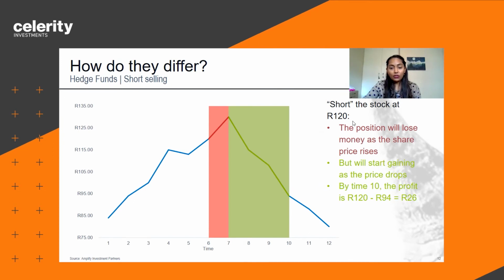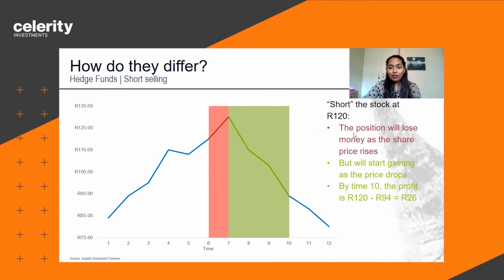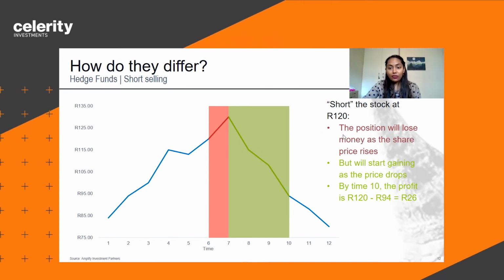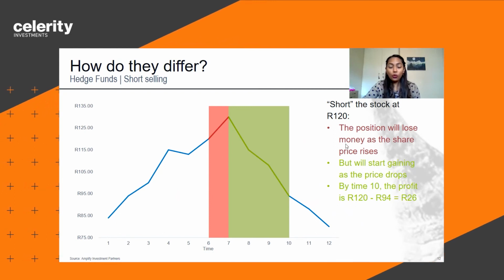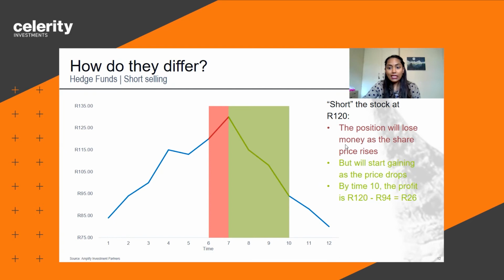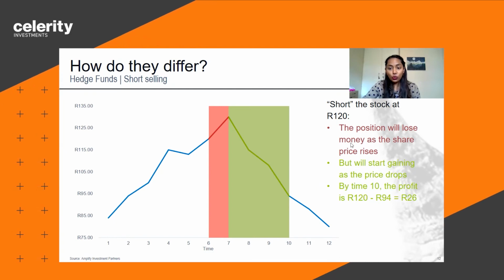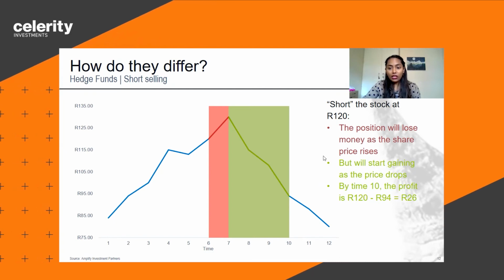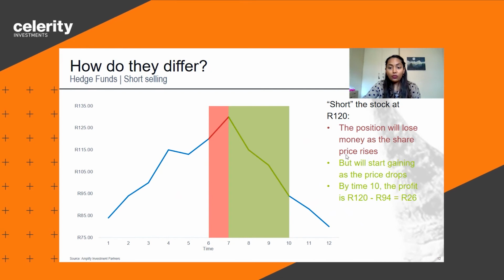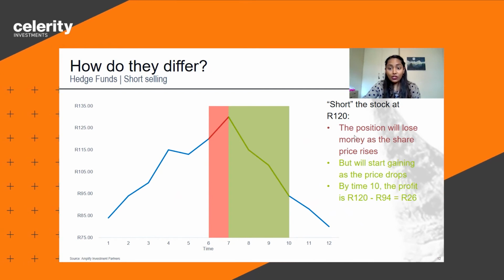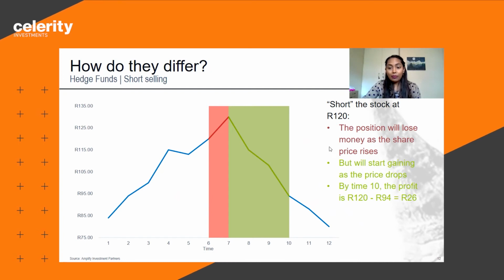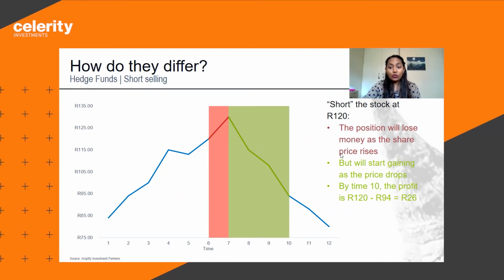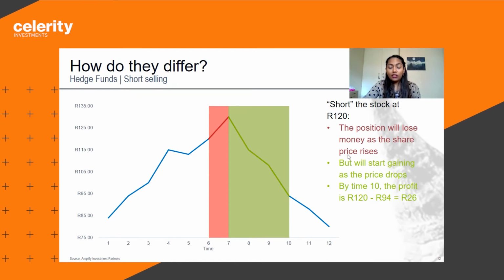Consider the same fictitious stock we looked at earlier. Suppose as time passes, the fund manager starts to believe that the stock price is way too high and will fall quickly soon. Let's say at time 6, he decides to short the stock. He borrows the share and sells it in the open market for 120 rand. As the share price rises, his position actually moves against him. But as time passes and the stock price begins to fall, his position will start to become valuable